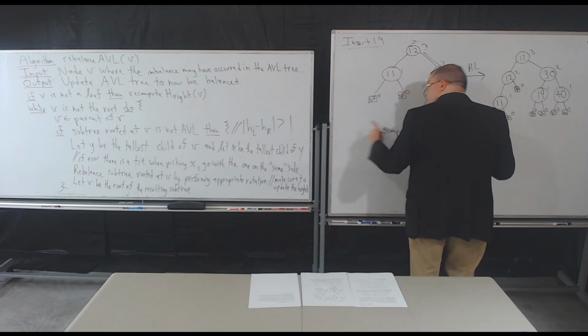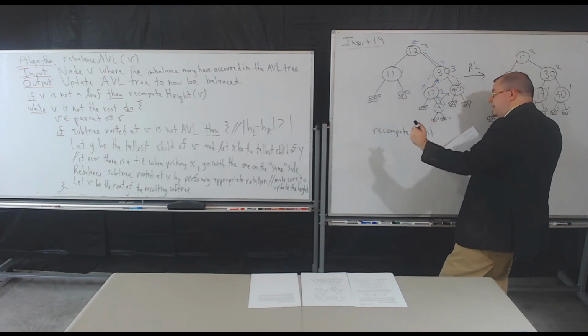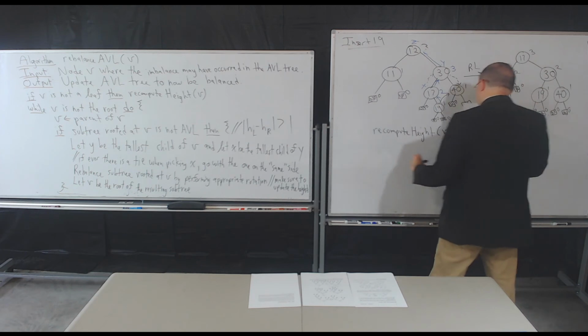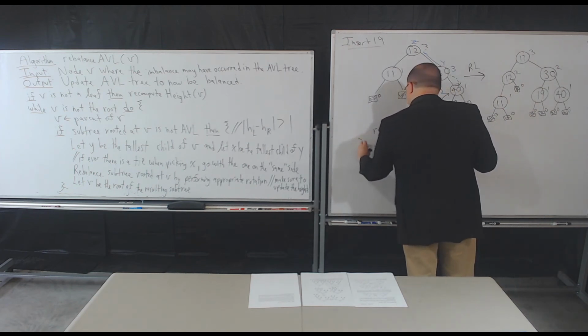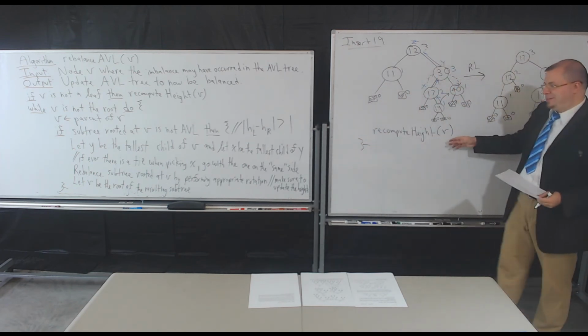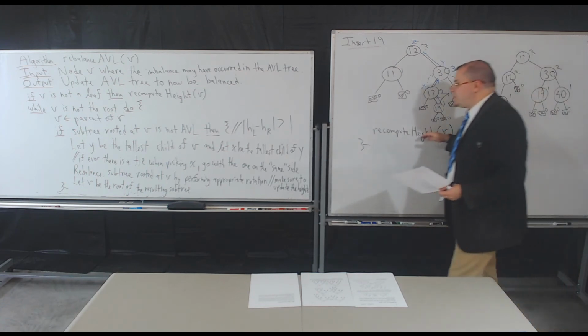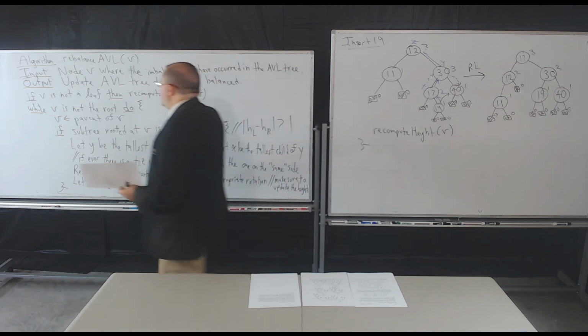So this is occurring outside the if statement, but it's still in the while loop. So I'm going to recompute the height of V. And that's it. Like I said, barely. I just had enough room there almost. So I'm just going to recompute the height of V, and then I do this over and over again until